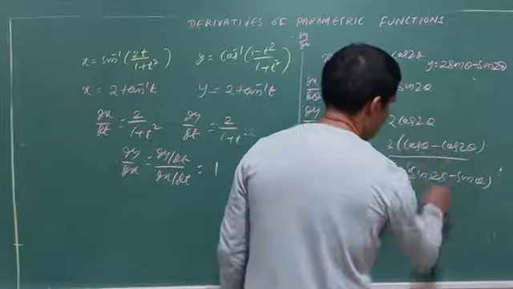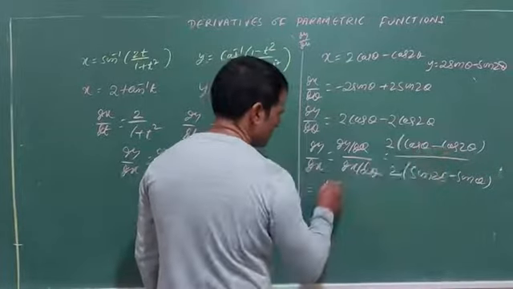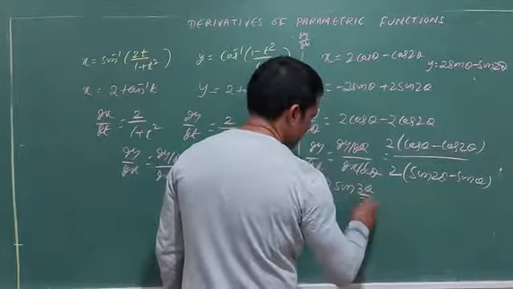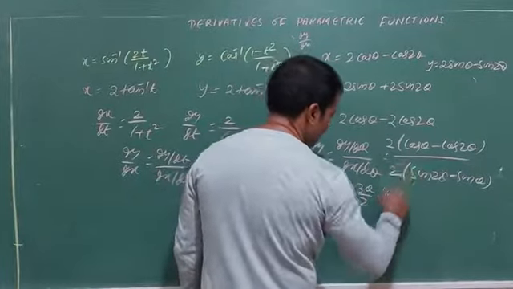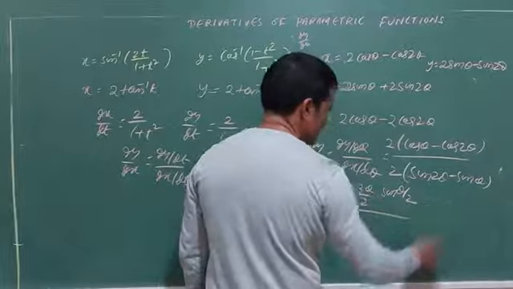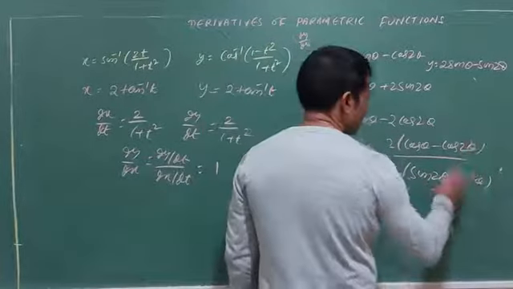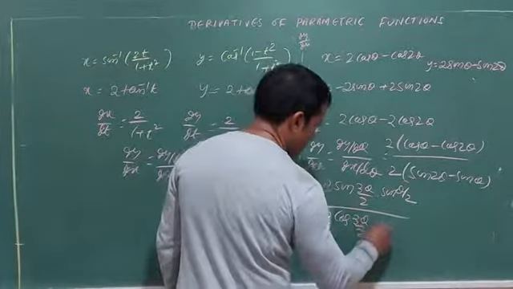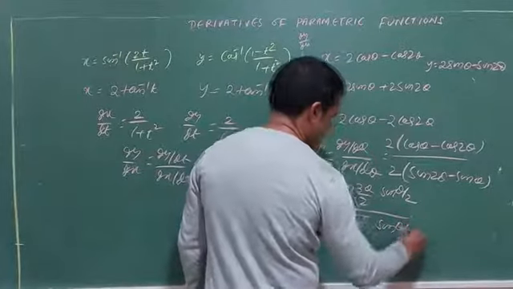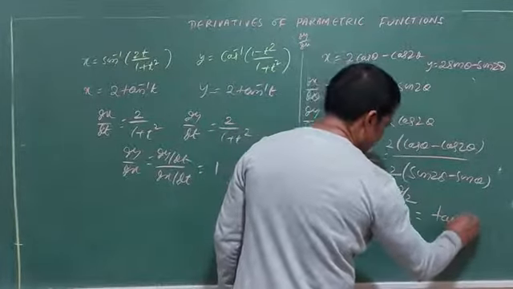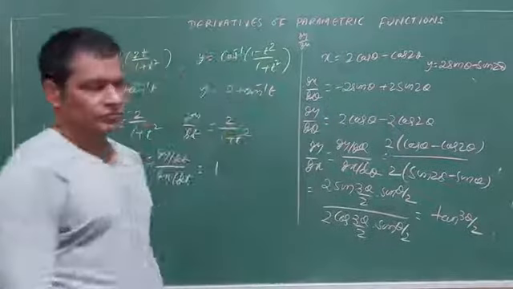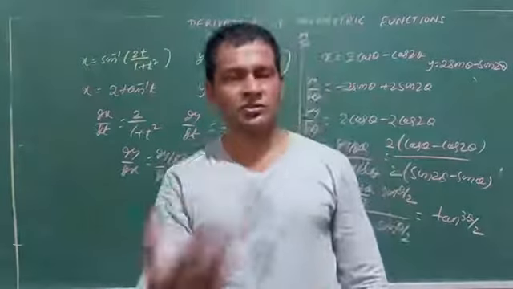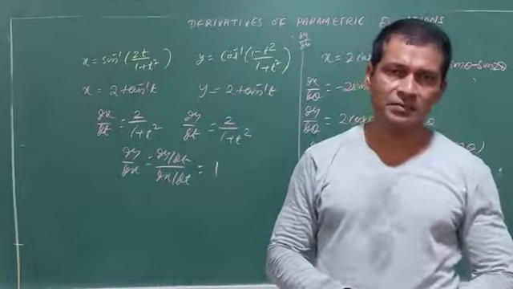Apply the formula, C minus c and s minus s. The C minus c formula is 2 sin of a plus b by 2, that is 3 theta by 2, into sin of b minus a by 2, that is sin theta by 2. The s minus s formula is 2 cos of a plus b by 2, that is 3 theta by 2, into sin of a minus b by 2. That gives you tan 3 theta by 2. Alright? Okay? Next class, the derivative of a function with respect to another function will start. We'll wind it up, then higher order.